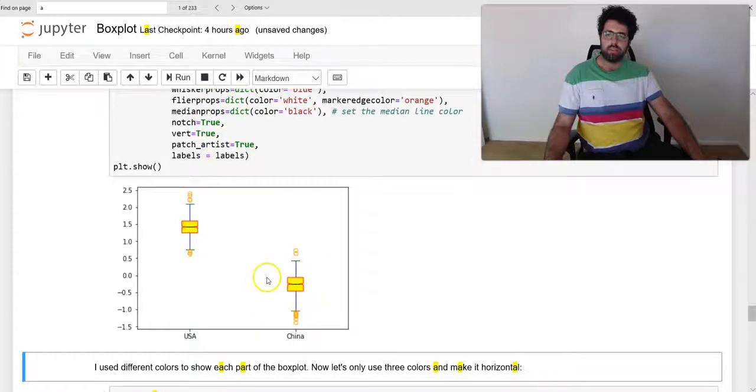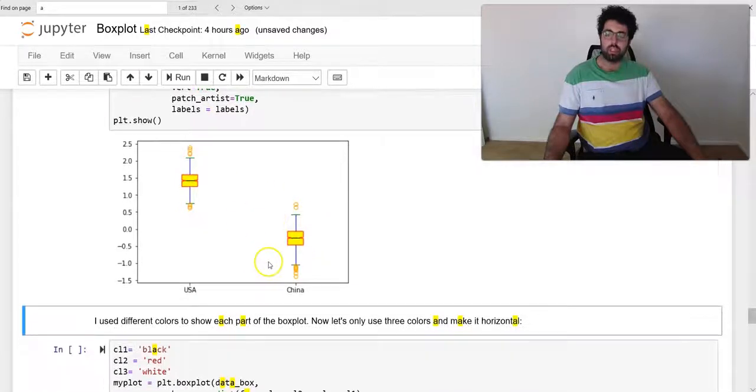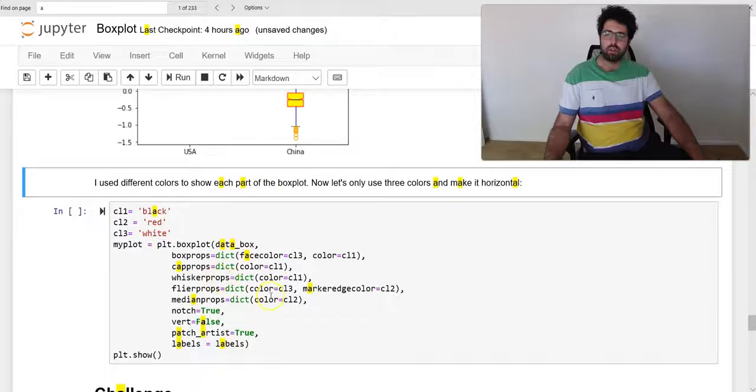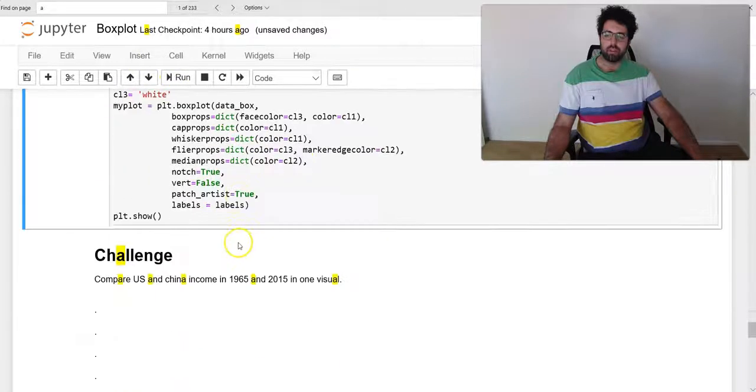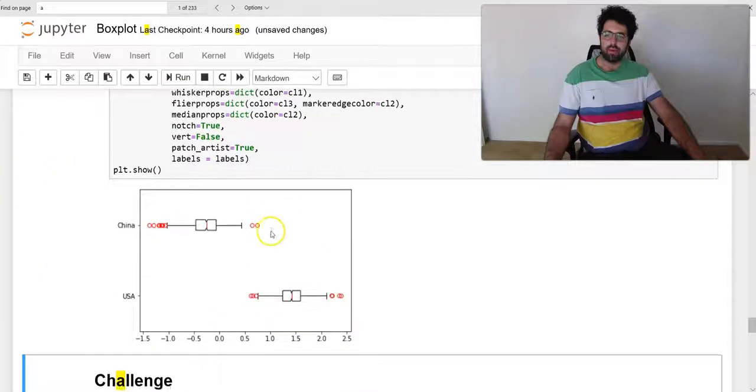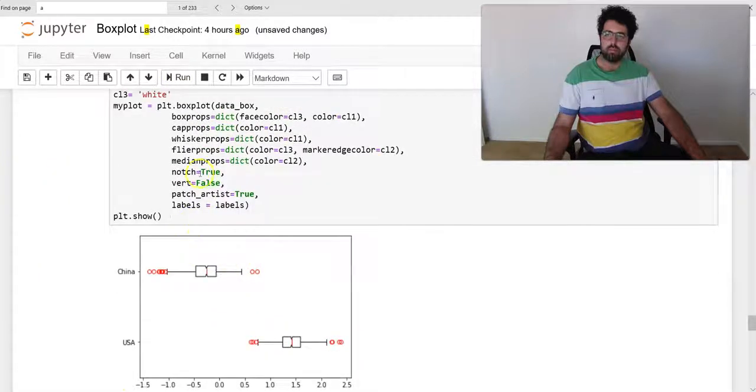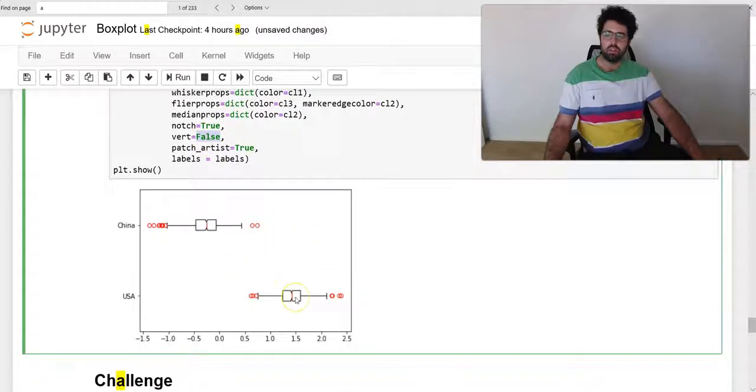I used different colors for the purpose of presentation here, but let's use only 3 colors to come up with what we did already. So I'm using only black, red, and white. Once I do that, now I have this visual, and I have also changed the vertical to false. So this is a presentable visual that we can use to compare US and China population